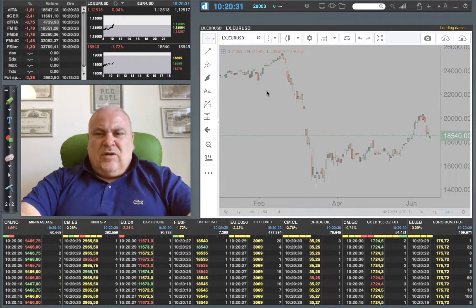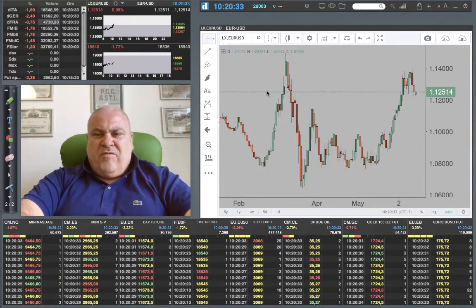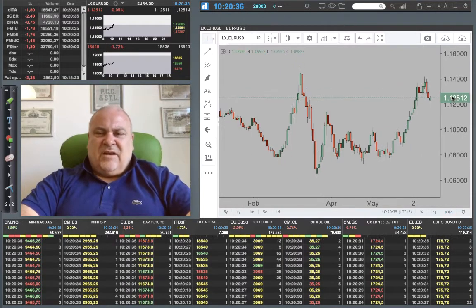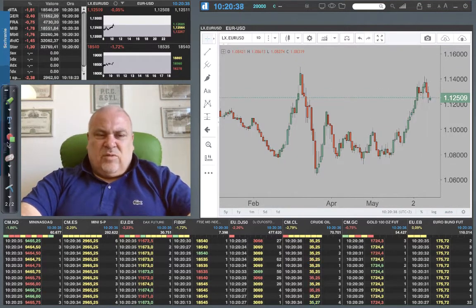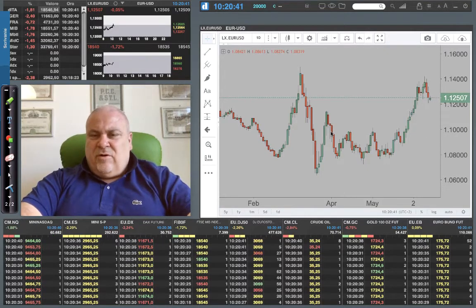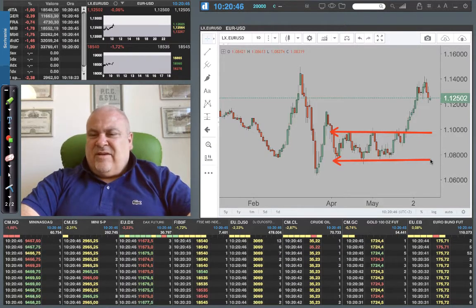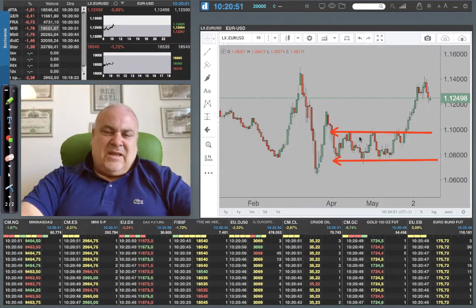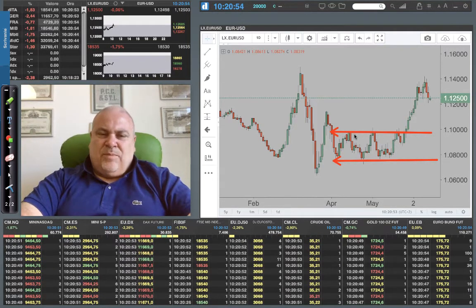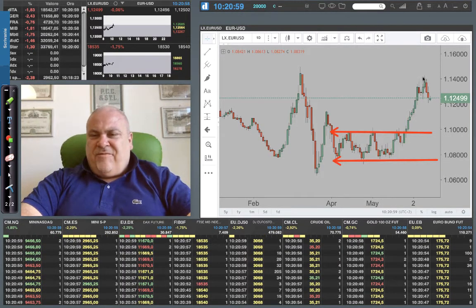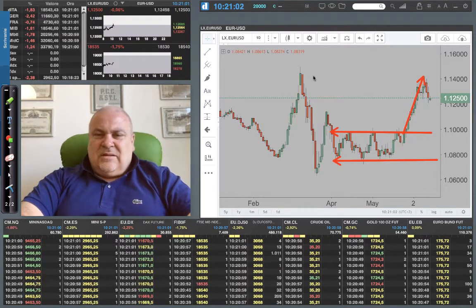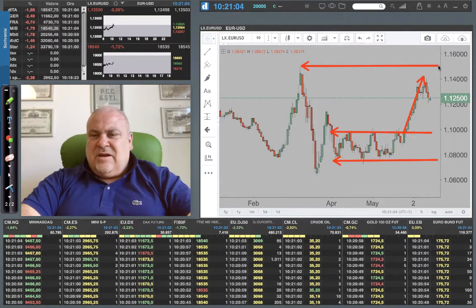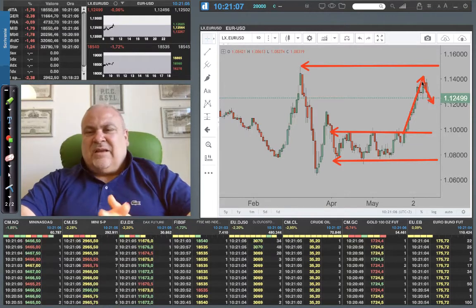dollar. The euro dollar was moving strongly after a consolidation that went on for something like 2 months, between 1.07 and 1.0980, so maybe more or less 1.10. After this situation, we had a fast movement to 1.14. The target still remains 1.15 here, but in the last days we have seen the market coming a little bit back.